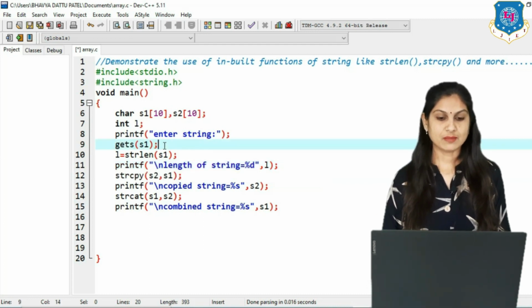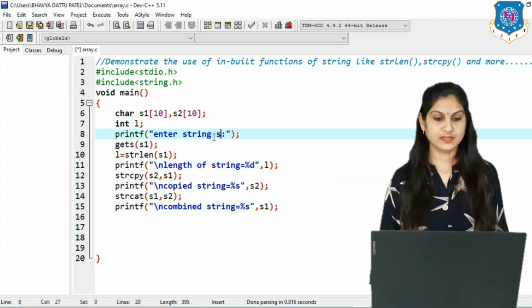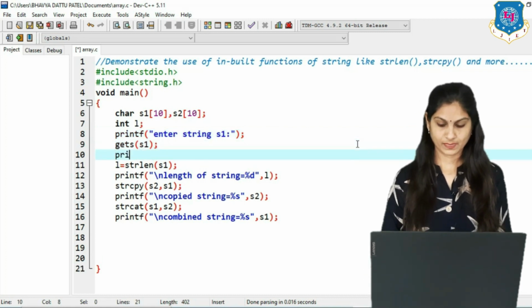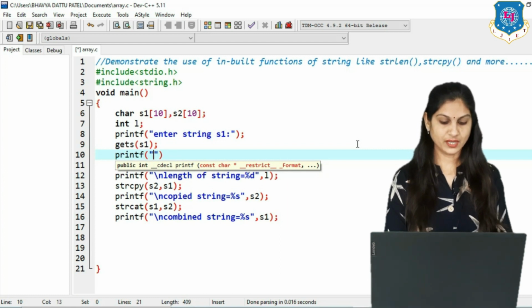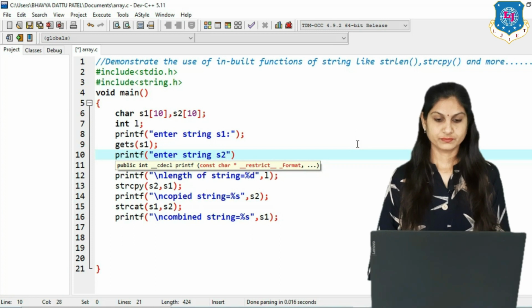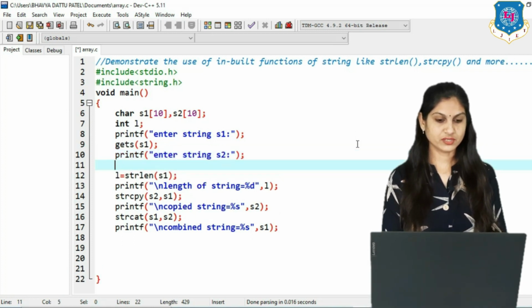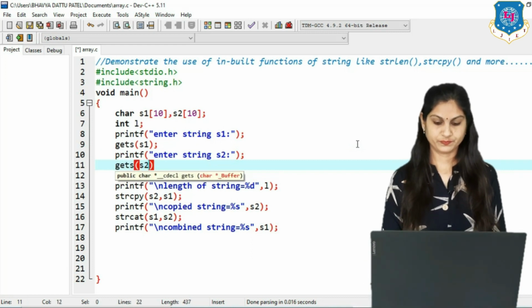Here I just change the message to "enter string S1", and then again after gets we have to write a printf, "enter string S2". Which function do we want? gets, to read the second string, that is S2.